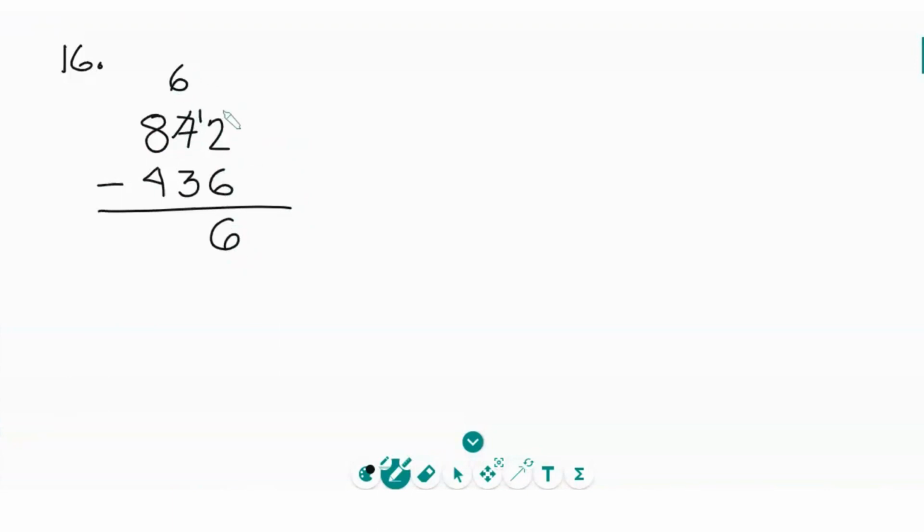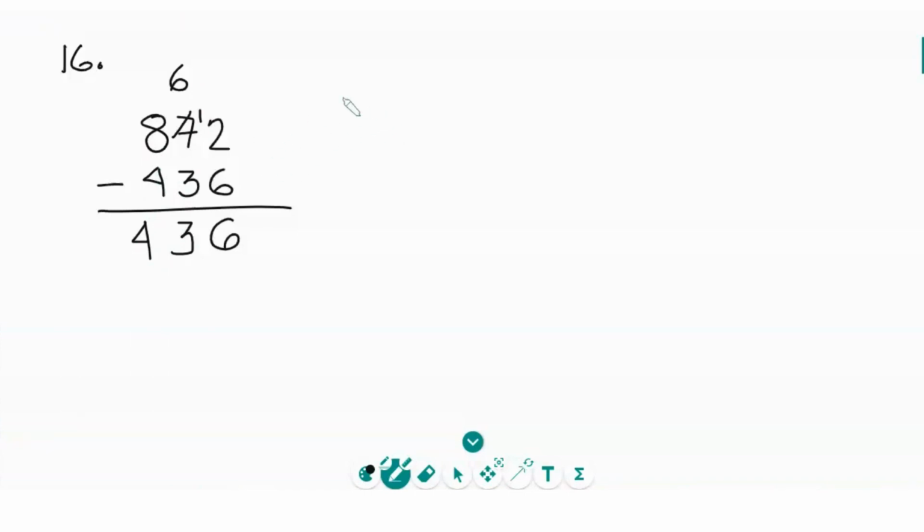For number 16, we have 872 minus 436. So 12 minus 6, that will give us 6. And 7 will become 6 because we borrowed 1 from it to make 12. Now here we have 6 minus 3 to be 3. And 8 minus 4 is 4. So that is